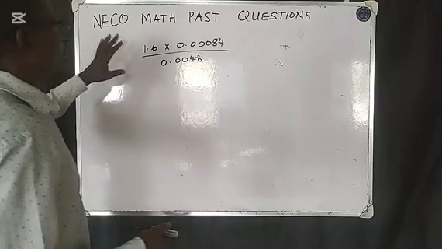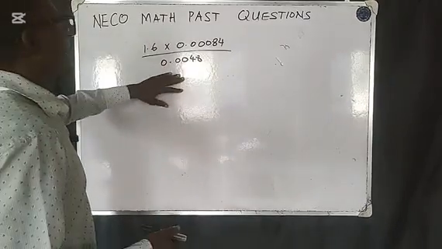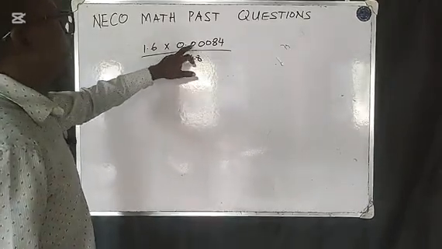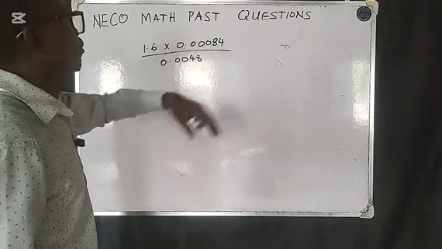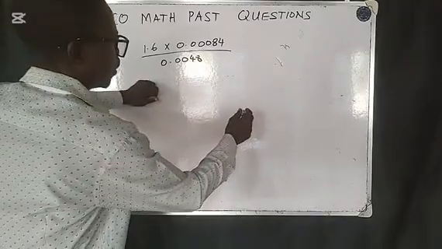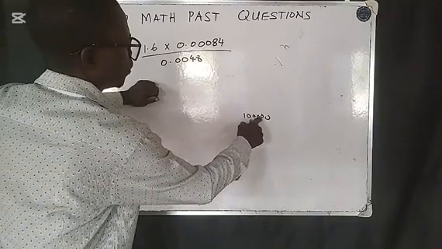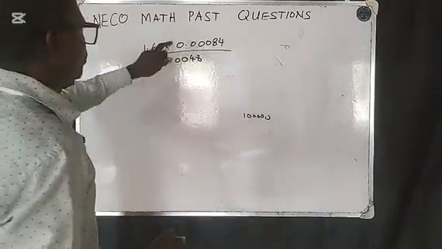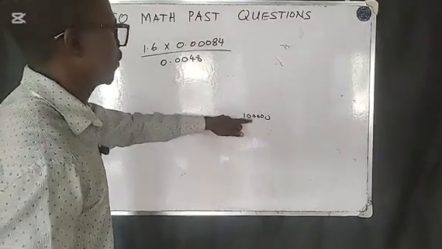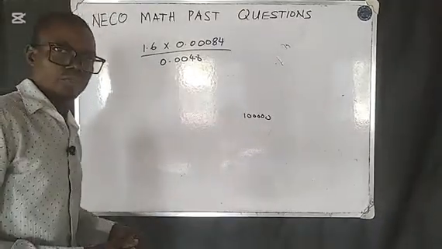One way to go about it is to convert everything to a whole number. How many zeros do we have here? 1, 2, 3, 4, 5. One way is to multiply everything by 100,000, but that will be too big. So what we do is